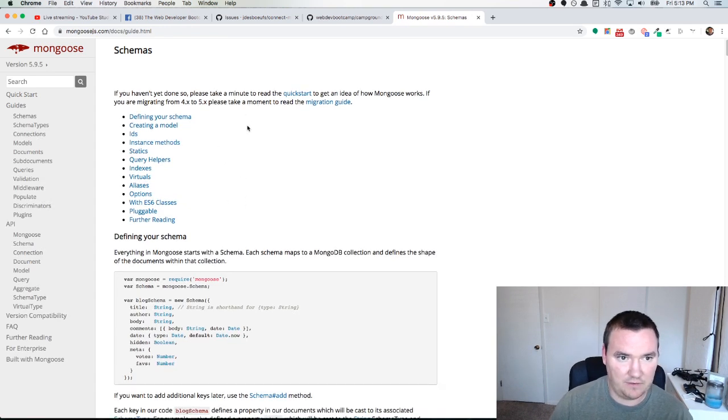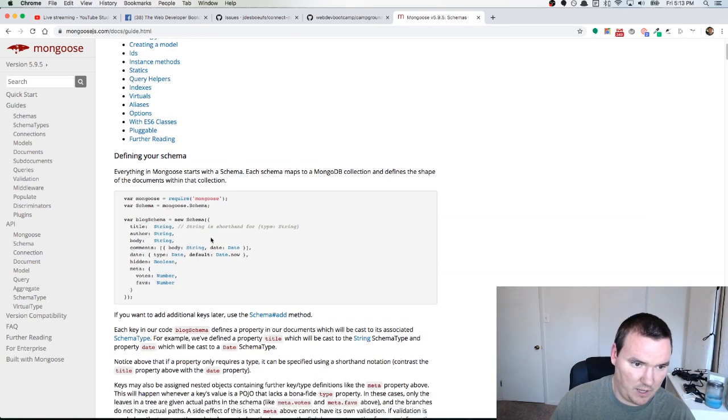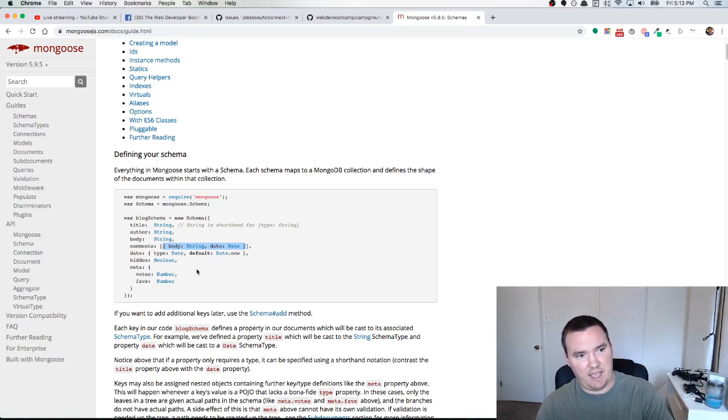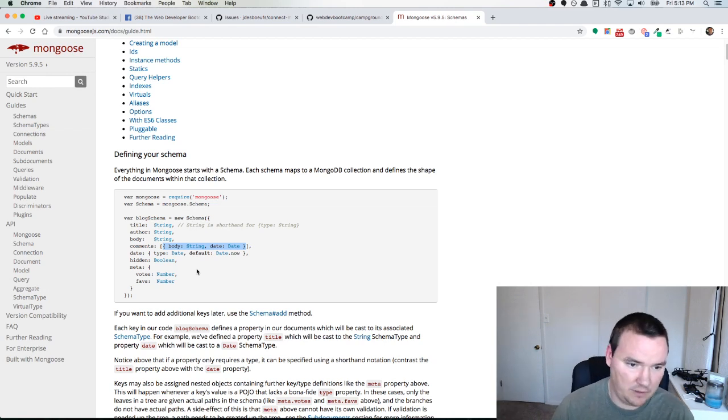Then you can see here defining your schema is the first part. And obviously you can just embed an object that has properties, but what we're doing is we're referencing an entirely different model. And so instead of just creating a new object that gets stored, or embedded rather, in there, we want to reference